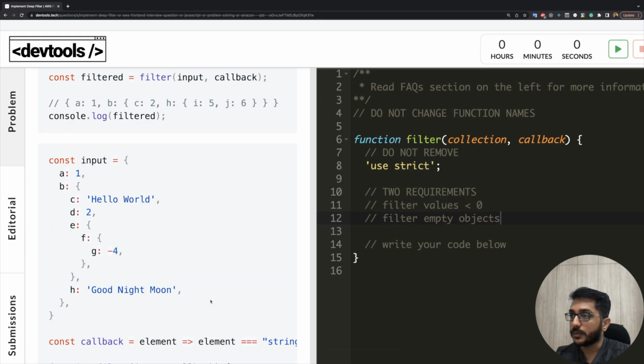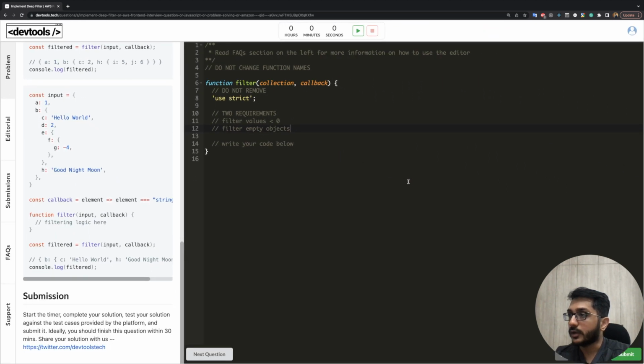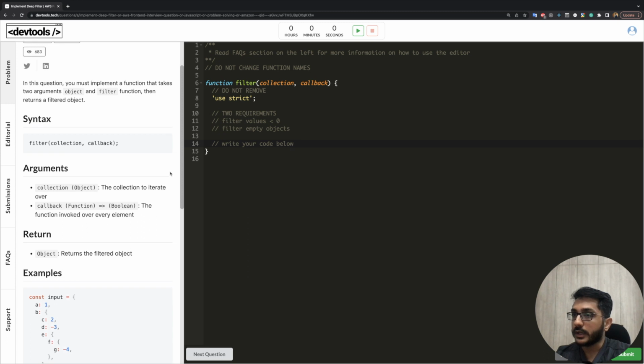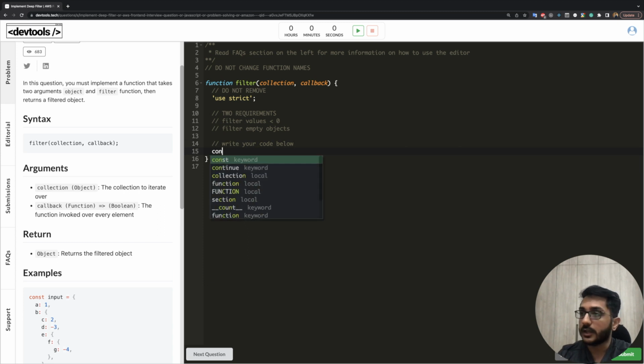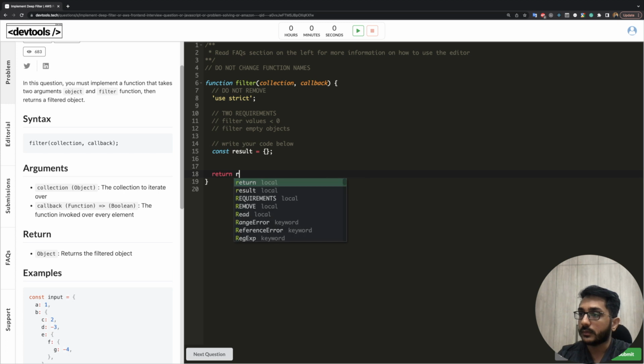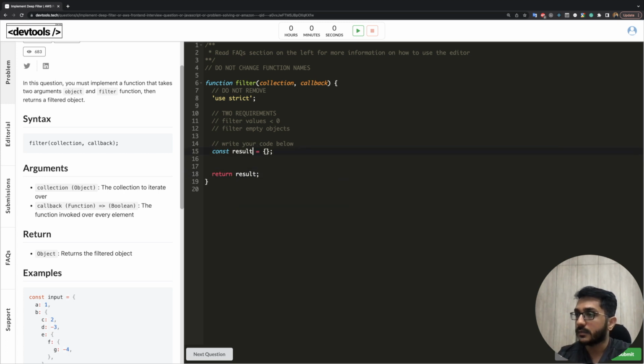So next is the submission part. Let's go back and start writing the code. We saw that it takes two arguments, collection and callback. We already have that, and it returns an object. So let's create that object. We'll call it result maybe, or in this case we can call it filtered object,